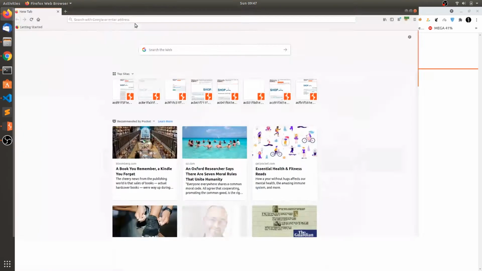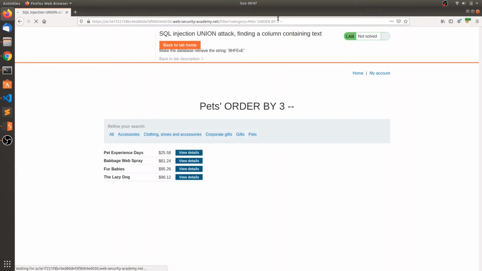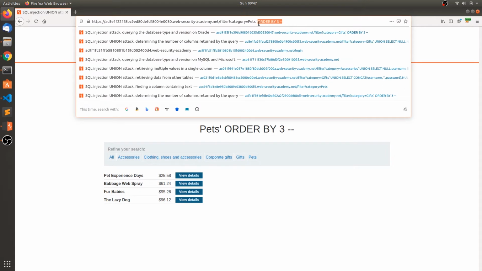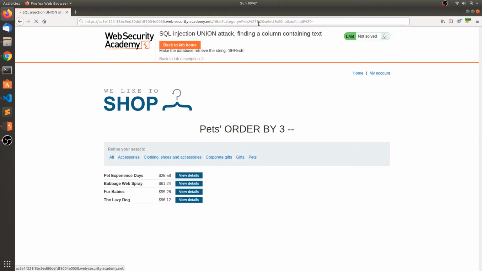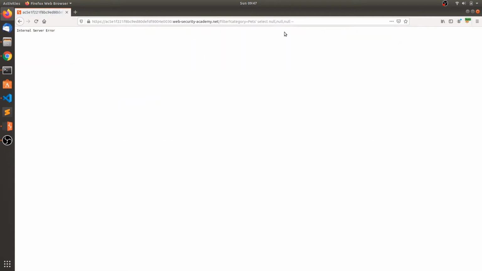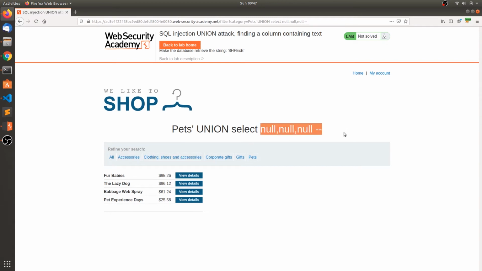So let's first copy this and paste here. So there are 3 columns. Select null, null, null, comment. So we got the error. I did not put the union, my bad. So there are 3 columns, and we need to determine which column is the string type.